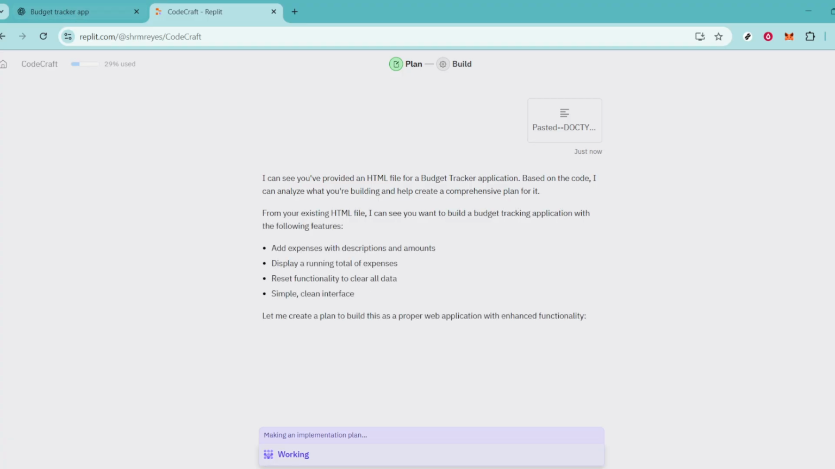And there you have it. You've successfully utilized ChatGPT to create and run a basic budget tracker app. Feel free to modify and expand this app as your skills grow, enhancing its